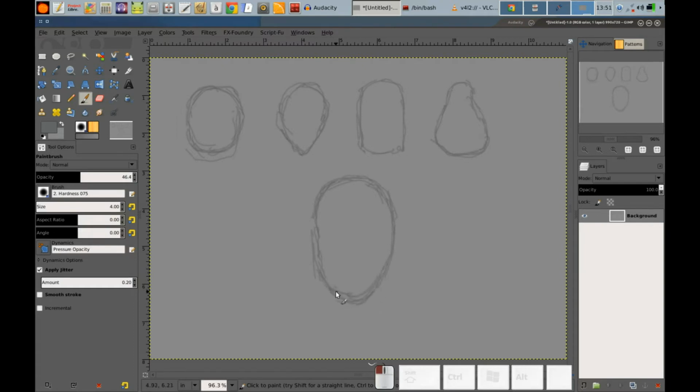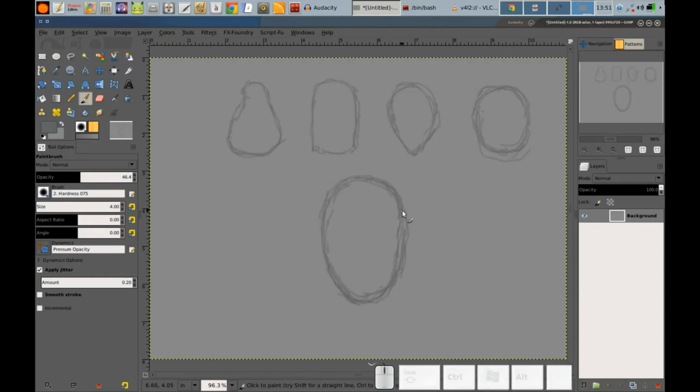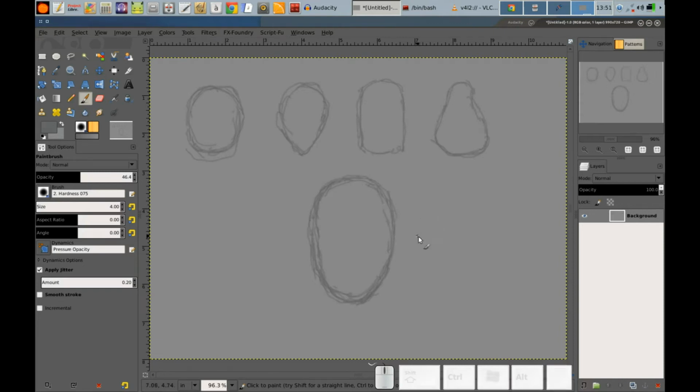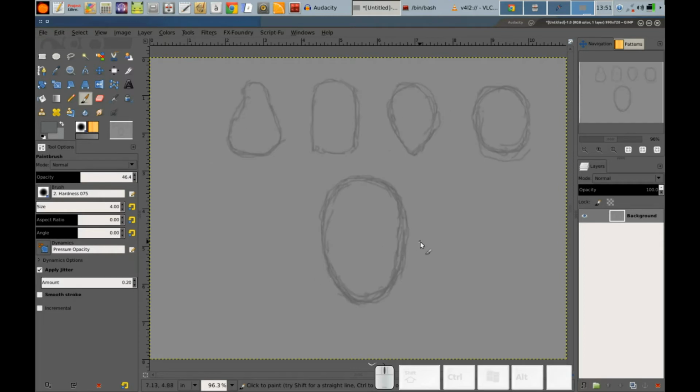Now, a good way to test if your drawing is looking good is you can flip your image. Now, there's no shortcut that I know of on GIMP, so I built one in here that allows me to flip it back and forth. If you're drawing on a piece of paper, you can use a mirror and place it next to your drawing and look at your drawing in the mirror. You'll often notice